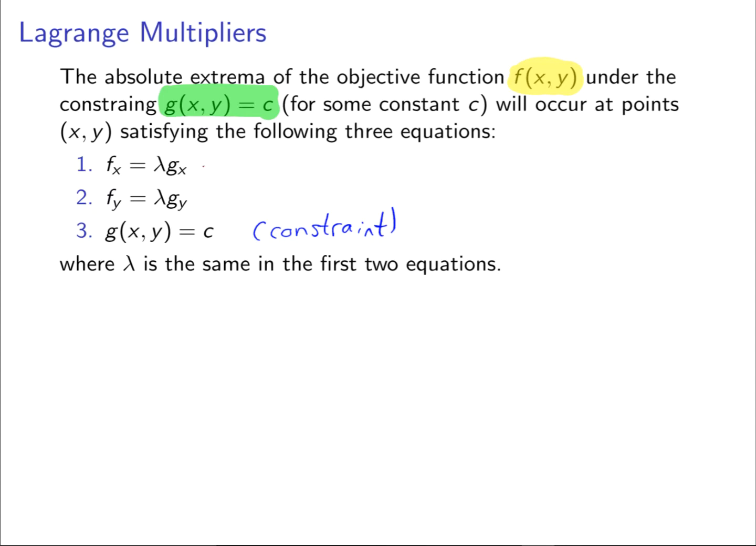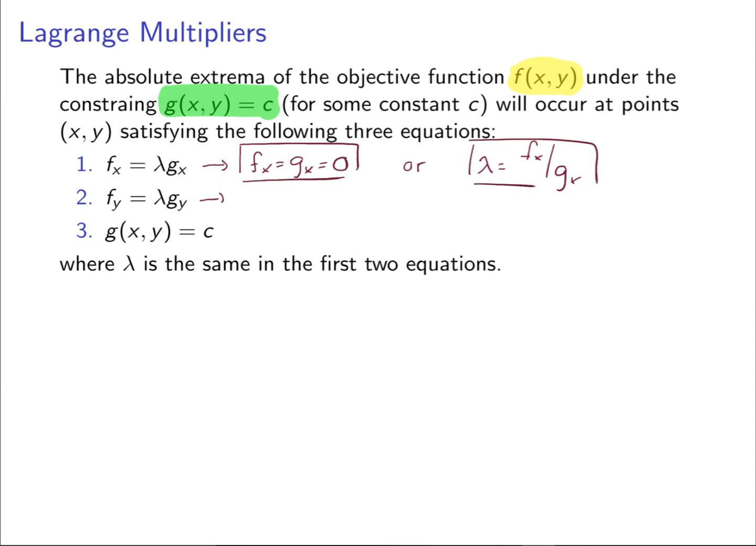The first two equations really give rise to two cases. It could be the case that our partial derivatives are both zero. That would make this equation true. If they're not both zero and the equation is true, then in particular g sub x is not zero, so I can divide by it. So the first equation always gives us these two cases,